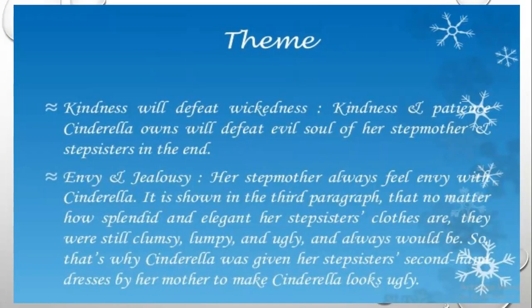Themes. What are the main themes of Cinderella? What are the main themes? The first and the main theme in the play Cinderella is that kindness will defeat wickedness. Kindness will defeat wickedness. So, the kindness and patience Cinderella owns will defeat the evil soul of her stepmother and stepsisters. Then this is the main theme, and here you see the main theme: